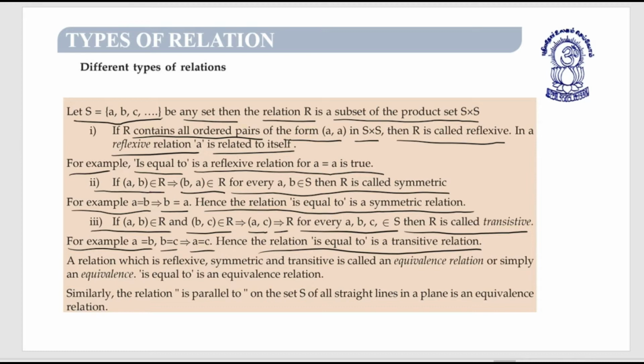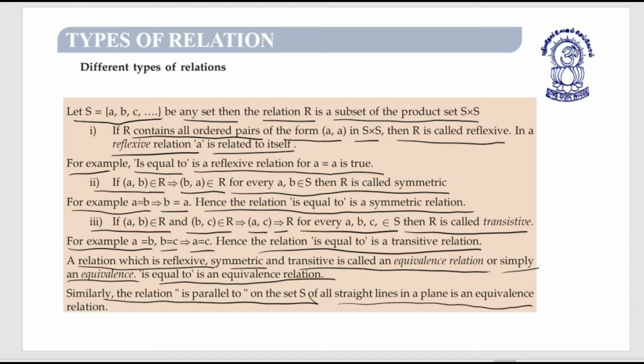transitive relation. A relation which is reflexive, symmetric and transitive is called an equivalence relation, or simply an equivalence. "Is equal to" is an equivalence relation. Similarly, the relation "is parallel to" on the set S of all straight lines in a plane is an equivalence relation. An equivalence relation must be reflexive, symmetric and transitive. Okay. So next one is